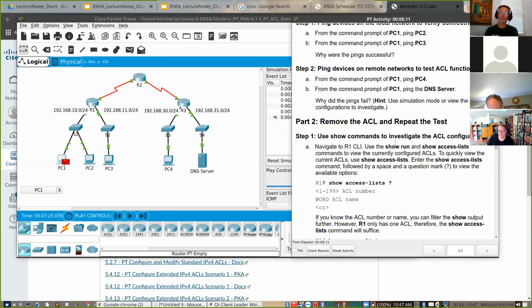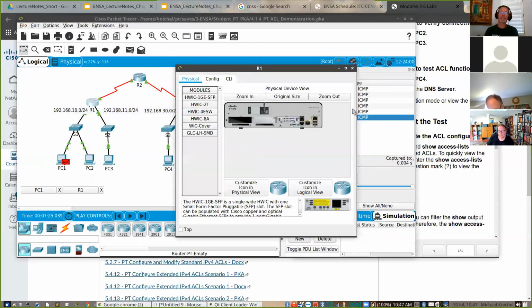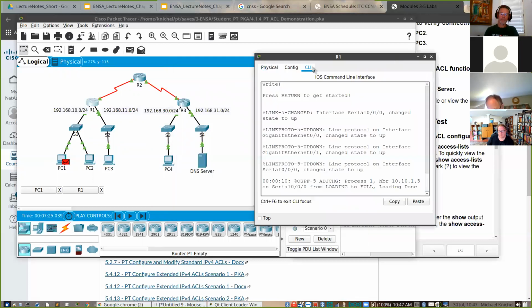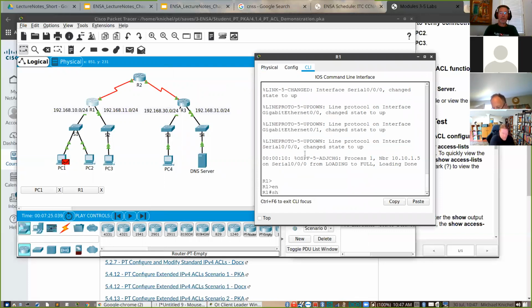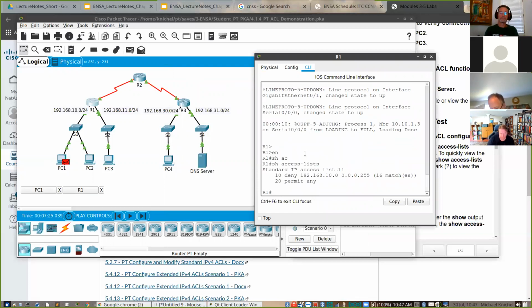So if we go to the R1 CLI and do a show access lists, enable, show access lists. There's a standard access list which denies 10.0, the whole network. So this guy is being blocked from getting over here.